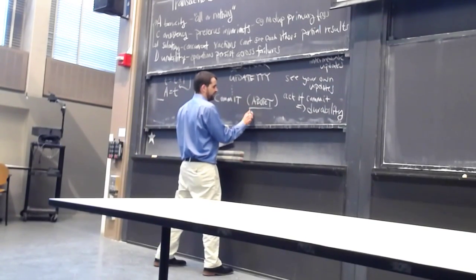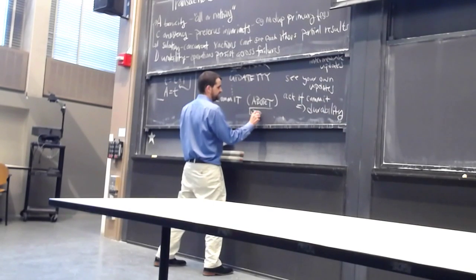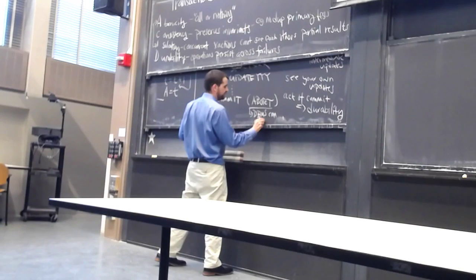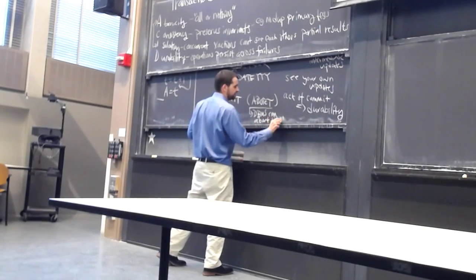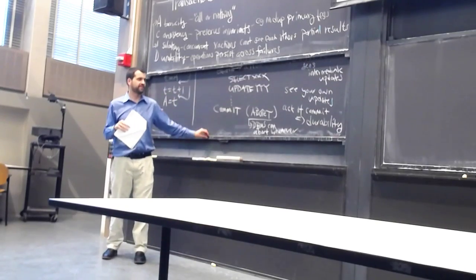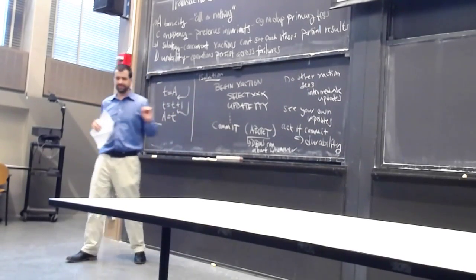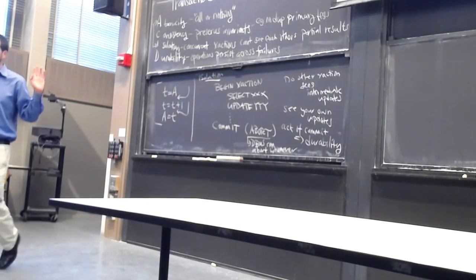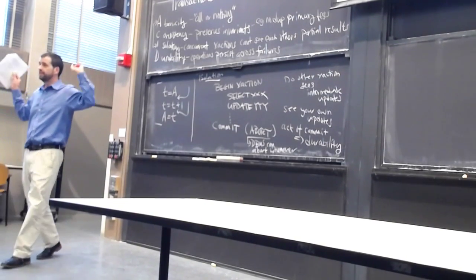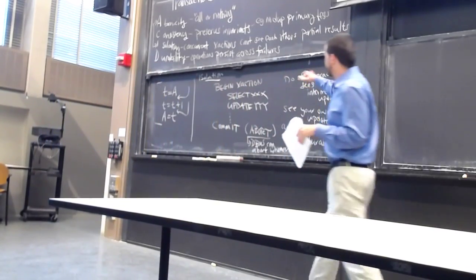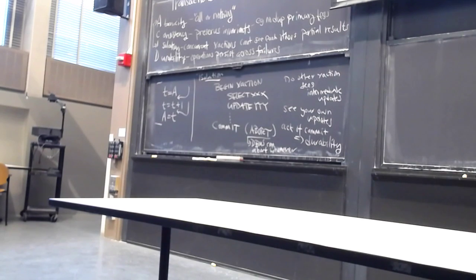So the DBMS can abort whatever. This matters as an application programmer because to really have correct database execution, you have to be prepared for the case where you're in the middle of running your transaction and the system says, uh-oh, your transaction is aborted, and you have to do something to retry. Okay? So this is the SQL level interface that databases provide.